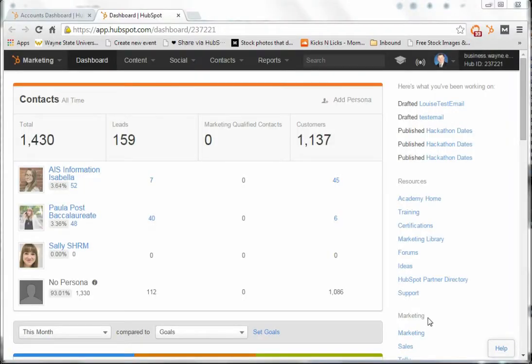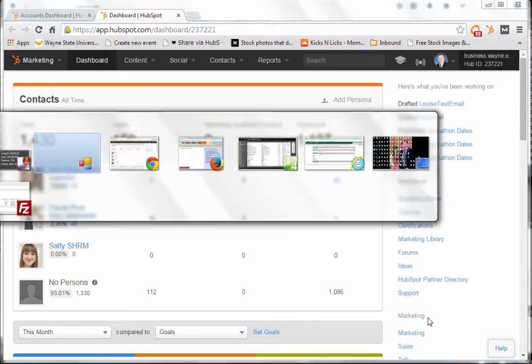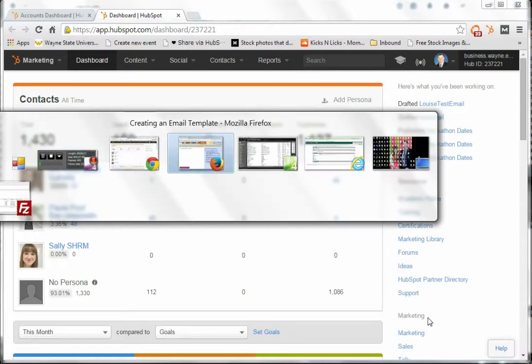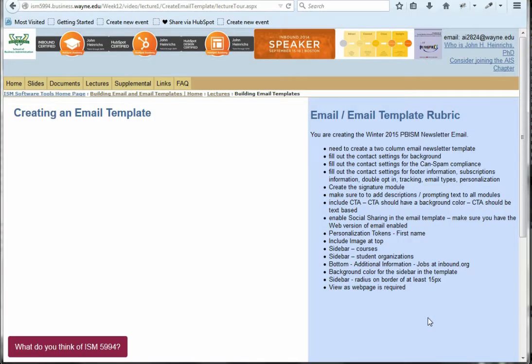Hello. What we'll be looking at here is trying to create an email newsletter template. To do that, I wanted to go to our live site. I wanted to share with you the template I'm working on for us to use for email templates. But to begin with, let me jump backwards to our course site